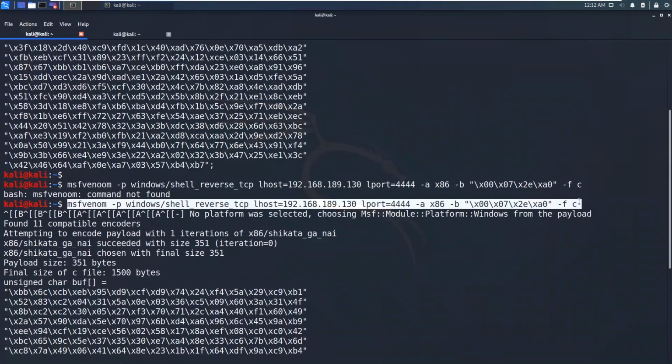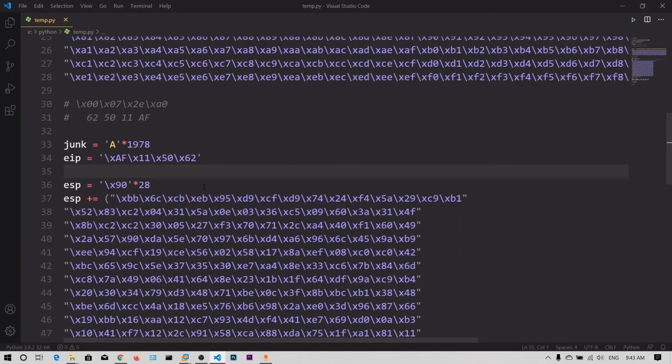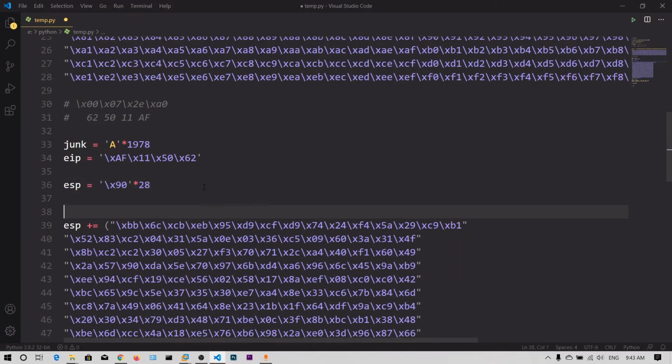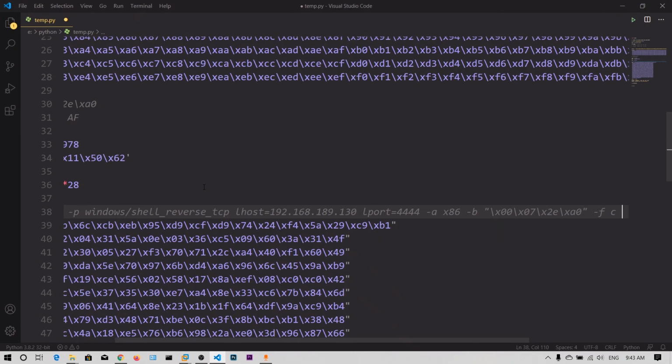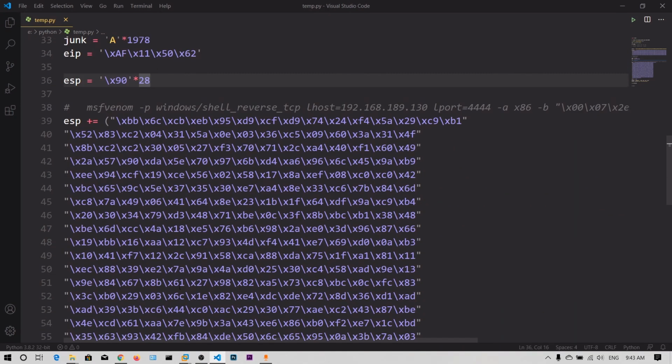By now you may get the basic idea of how to exploit these Windows buffer overflows. I also highly recommend that you document every step you have taken, for example in comments. That will be very helpful guys. Even if you come back after many days, you will still remember.